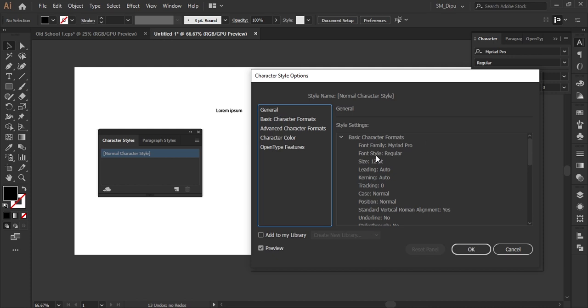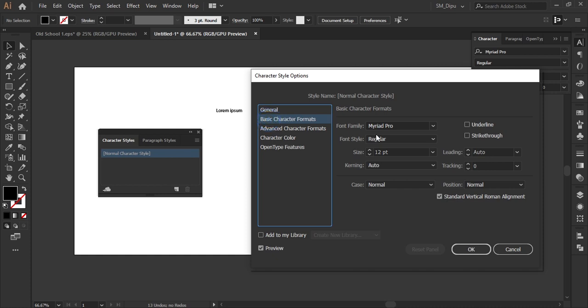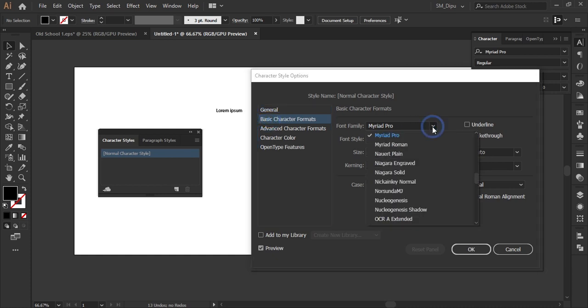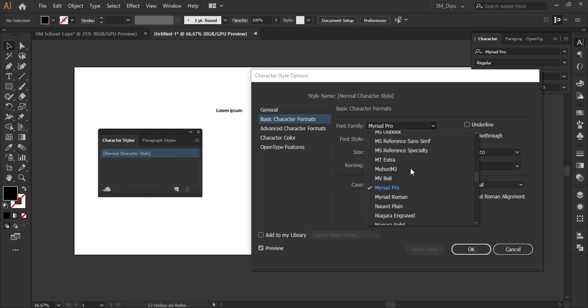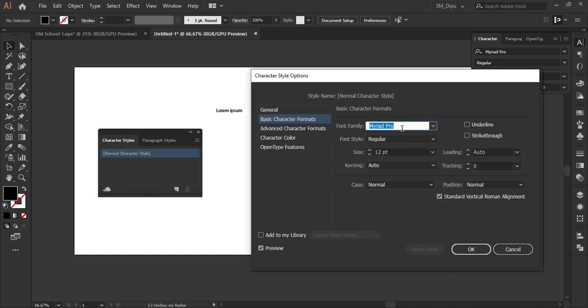So here we can see the main panel. The basic font format is font family Myriad Pro, font style Regular, and size is 12pt. So we will change that. For this we have to go to the Basic Character Formats. Here we can see Myriad Pro. We will click here and all of the fonts we installed will appear here. We will select Arial,